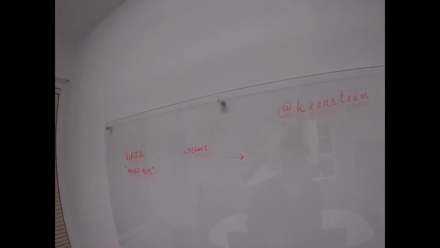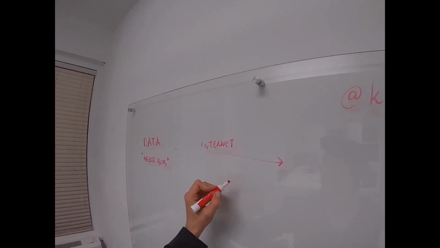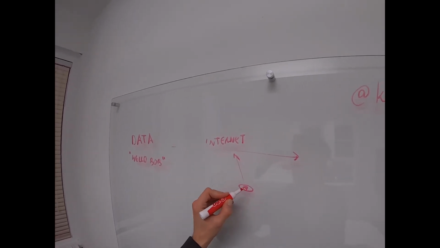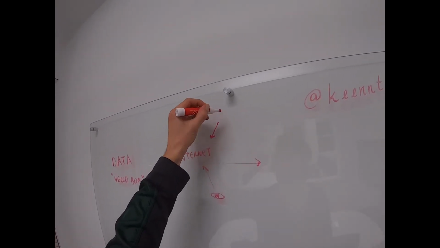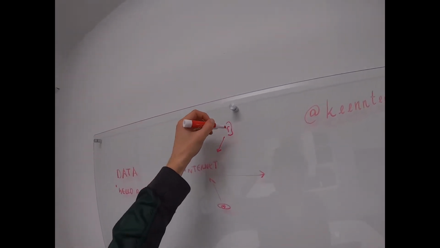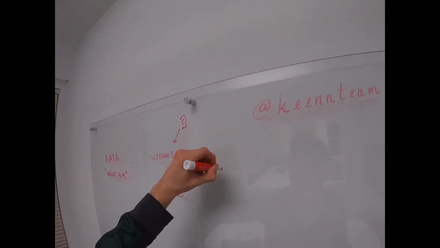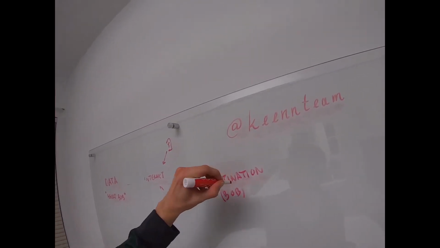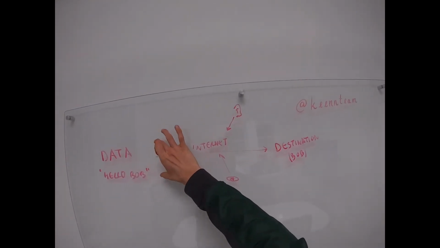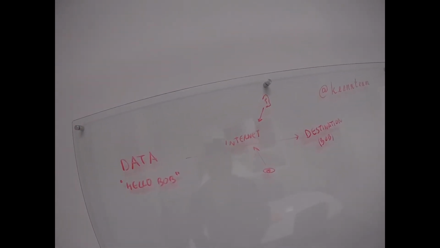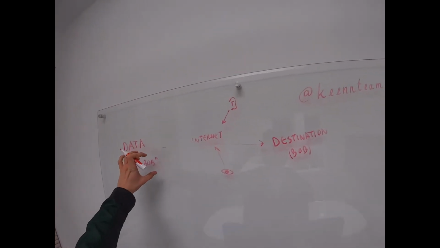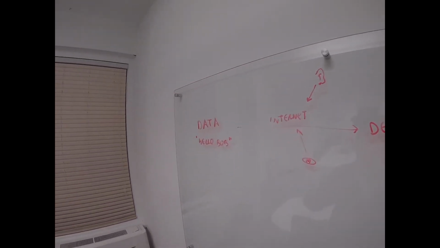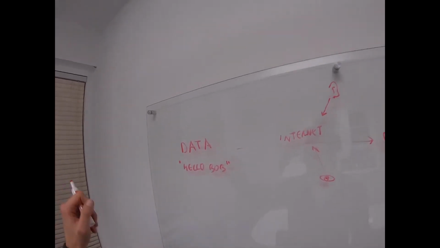To send this data over the internet, I need to make sure that people that eavesdrop, this is supposed to be an eye, or this is an ear, people that listen on this data while it gets to the destination, Bob, I want to make sure that nobody here is going to be able to know that I'm saying hello Bob. If I say hello Bob by whatever medium, internet or a piece of paper,